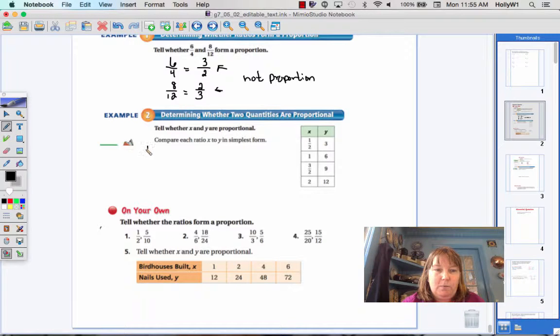So we're going to say 1/2 to 3. Well, if I keep it and I change it and I flip it,